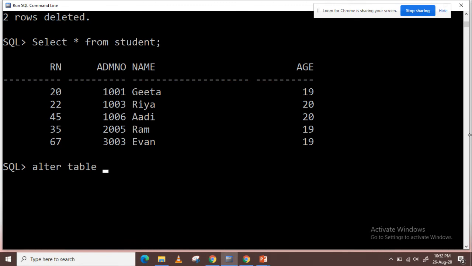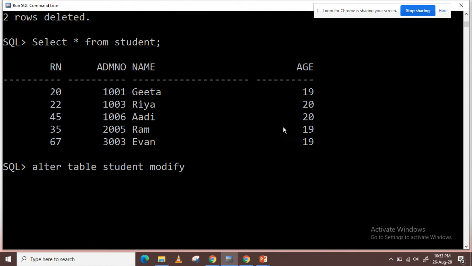But just in the case of the not null constraint, we cannot use the alter table command with add constraint. For that, we have to use modify. So this is the rule, or it will not work with this version: alter table add constraint not null is not going to work.